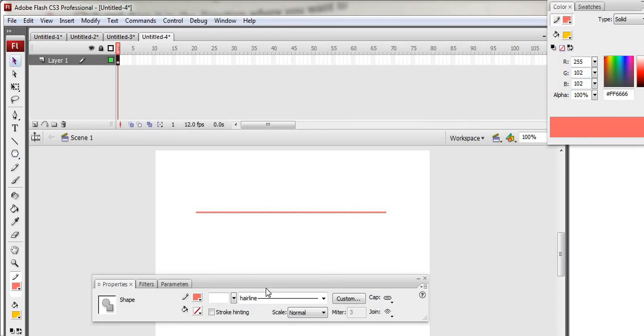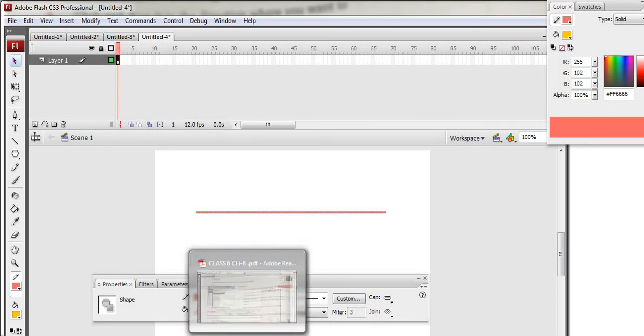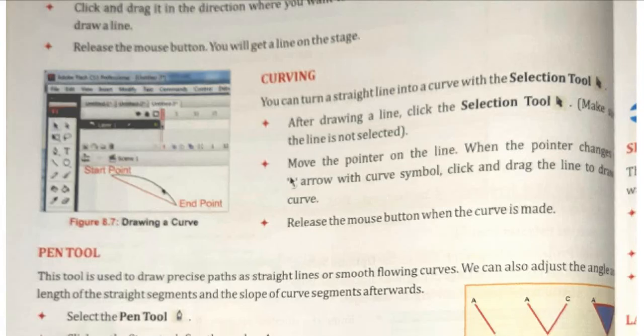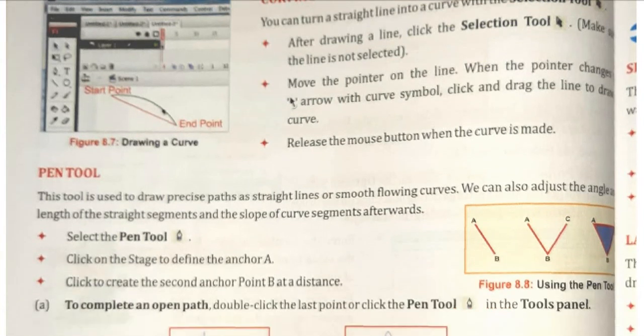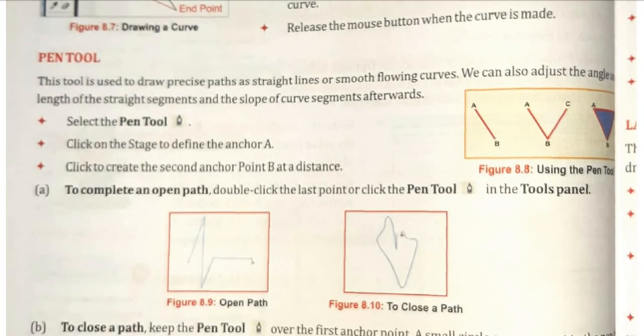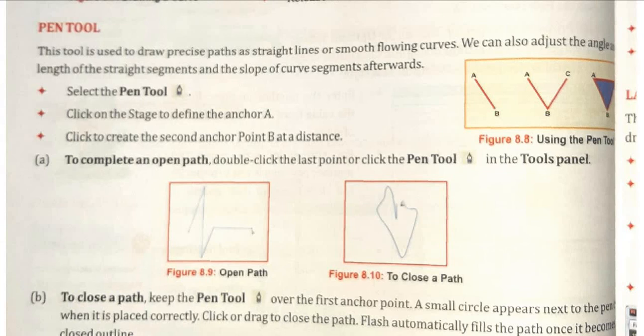So all these facilities are available. We can use all of them and check what happens if different options are selected, right? So that we will check. And then the pen tool is also there, you know what the use of the pen tool is, right? Open path, closed path. This pen tool we will discuss in our next lecture.